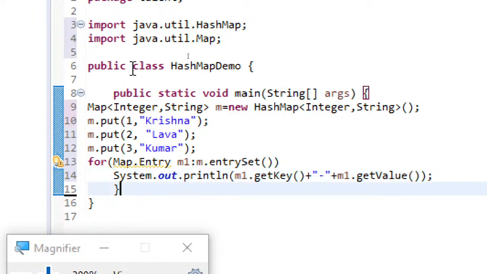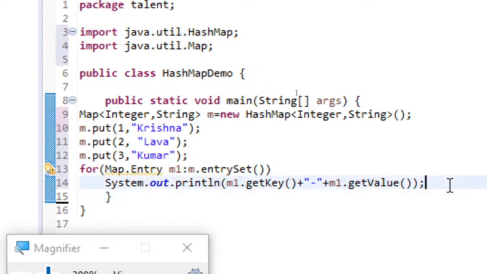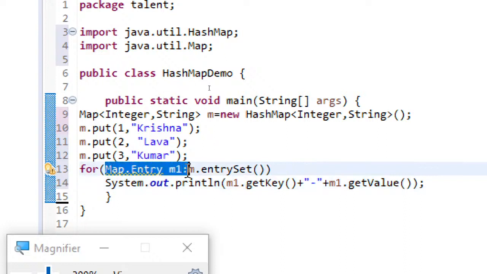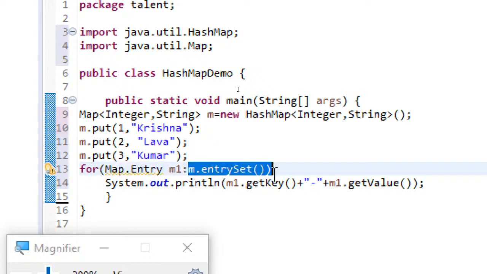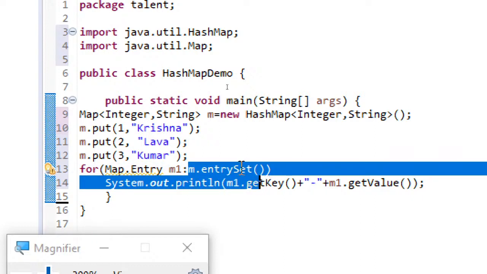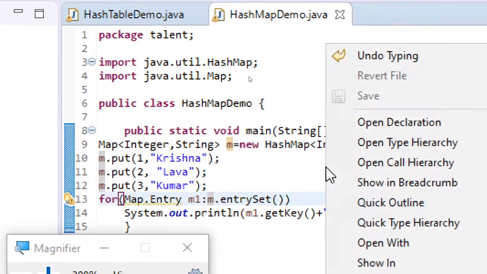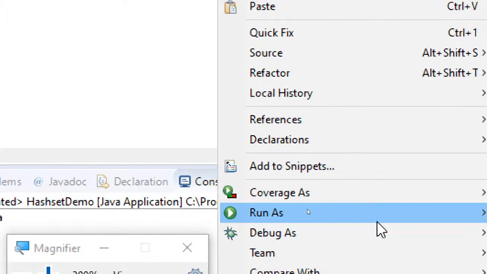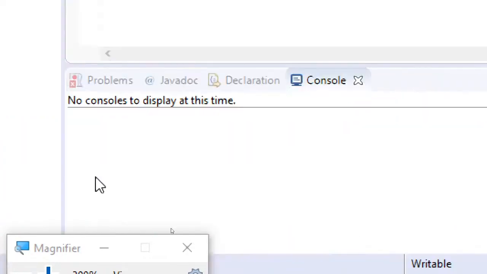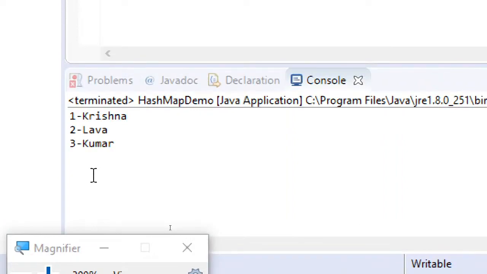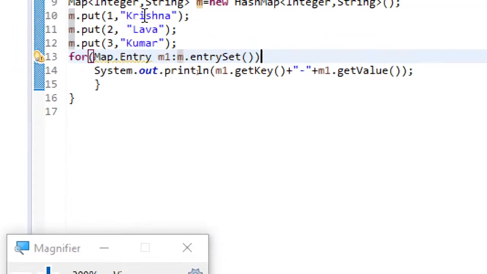Since I have already shown the iterator usage, I just thought of showing you the for each usage. So here, for the map entry reference, it has to continue over the map entry set, and then I'm just getting the key and value. Now let's just display this. So here you can see how you are getting it.